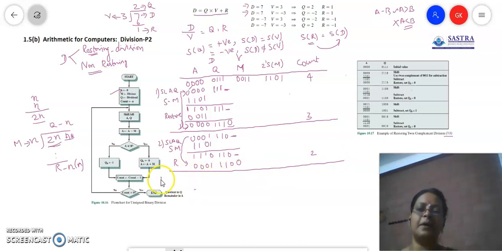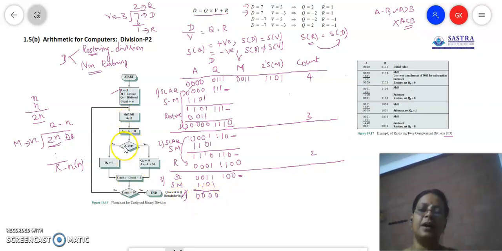Again, in the third cycle we will shift left AQ. So it will be 0 0 1 1 1 0 0, and then you'll have a blank on the left. Now what we have to do is subtract M. Subtract M means take the 2's complement of M and then add it, so it is going to be 1 1 0 1. If you add this, what will you get? 1 plus 1 is 1 1 0, and so on, and in the end you get an end-around carry, so you will ignore it. Now what is the value of A? It is going to be 0.